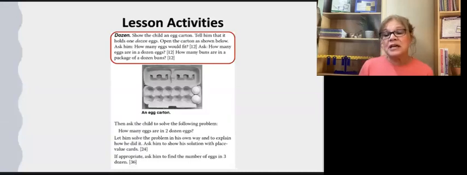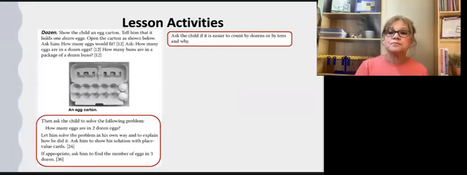I also might bring in some hands-on components. Show me 12 tally sticks. Show me 12 on the abacus. Show me a dozen centimeter cubes. See how I'm interchanging those words and pulling it into a different component. I might reverse the question. Instead of saying, what is a dozen? 12, I might say, if I have 12 of something, what is it? So flipping and flopping and re-asking questions is a really good strategy too.